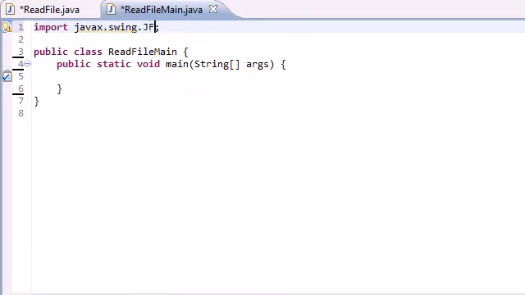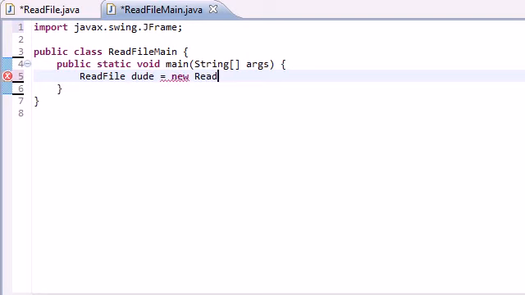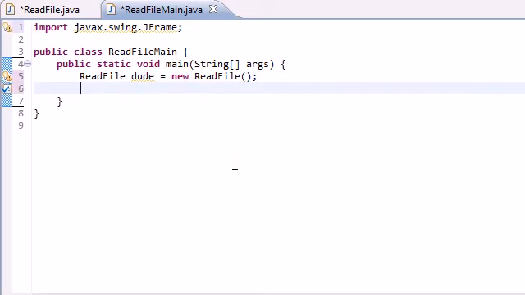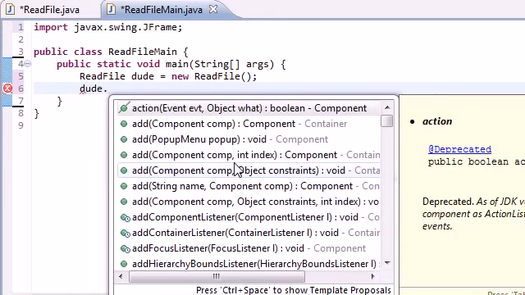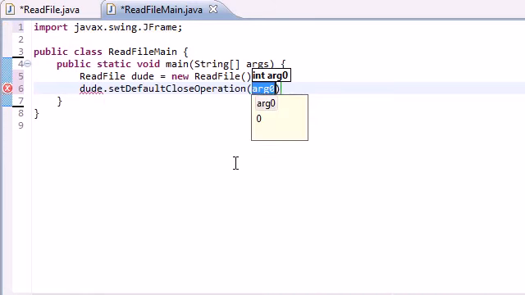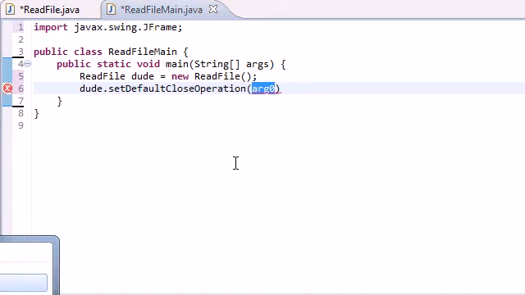Swing, JFrame, and this doesn't inherit anything. So what we need to do is just make an object from read file, and I'll just name it something like read file dude, because it's like dude, read my file. So read file dude equals new read file. So now we can use all the crap in the read file class. So dude, set default close operation to J